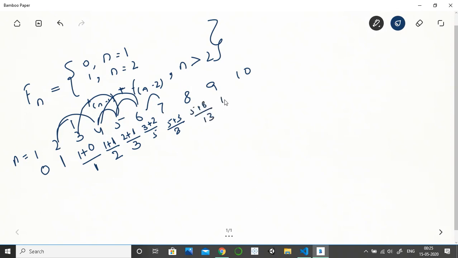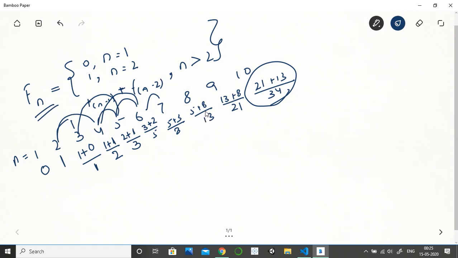Then 13 plus 8 is 21. And finally 21 plus 13 is 34.